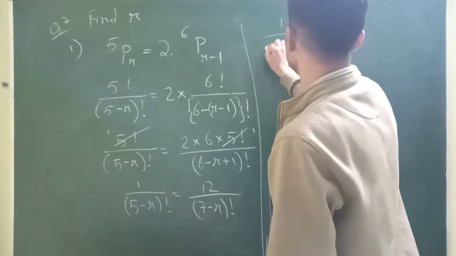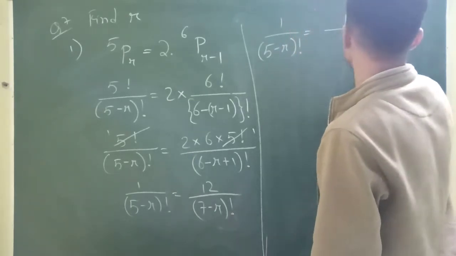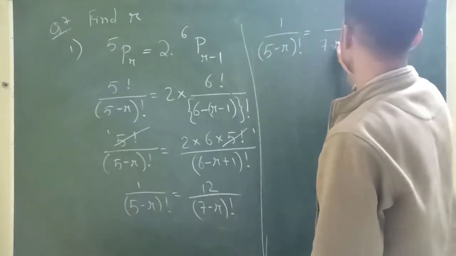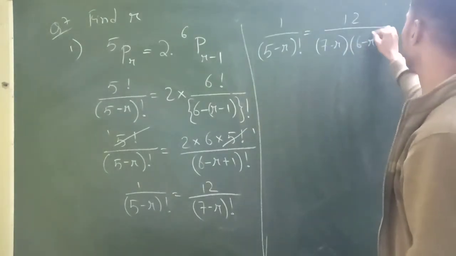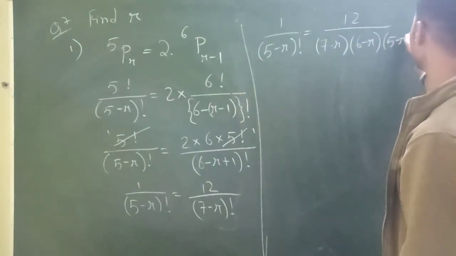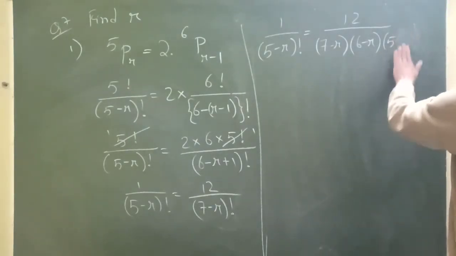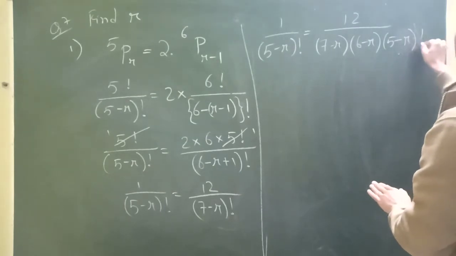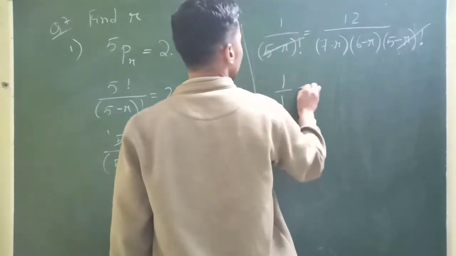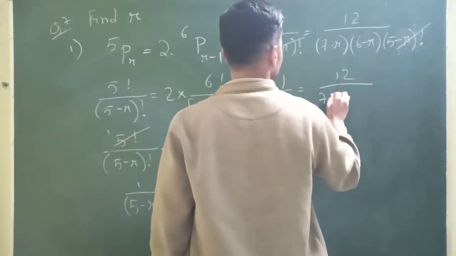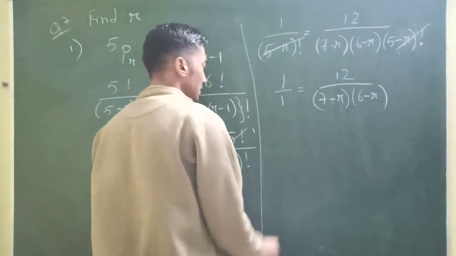I'll expand the bigger value only: (7 minus r) factorial is (7 minus r)(6 minus r)(5 minus r) factorial. The (5 minus r) factorial cancels, so 1 by 1 equals 12 by (7 minus r)(6 minus r). So cross multiplying